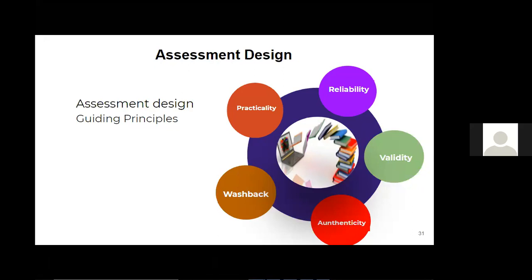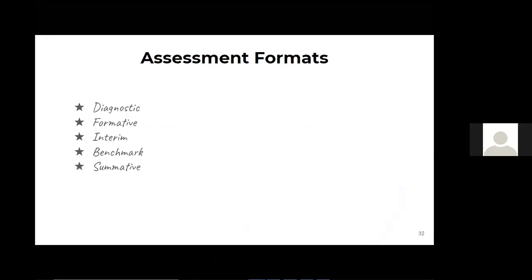Remember, the assessment can have a positive or a negative consequence on your teaching and learning. We looked at different types of assessment models, that is diagnostic, an assessment that tries to find out whether the learners already have some knowledge or background knowledge before you teach that concept. This one comes in the first phase of your lesson, acquiring new knowledge, by assessing prior knowledge.